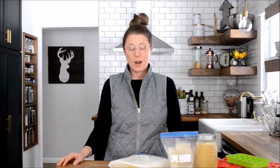Now, I always have a good supply of bone broth on hand. I use it almost daily for making soups and stews. I like to cook our rice, beans, and quinoa in it. Sometimes I like to just warm up a bit and drink it straight out of a mug, or I might be doing a bone broth fast, in which case I would need to have a lot of bone broth